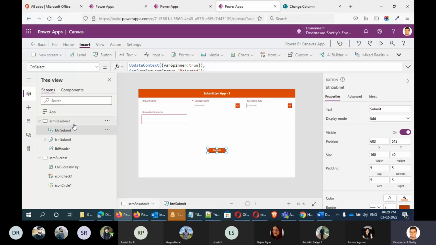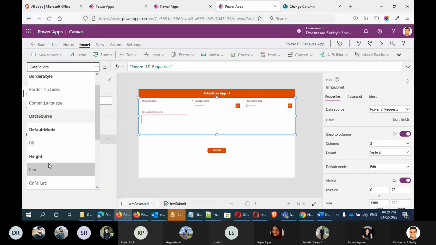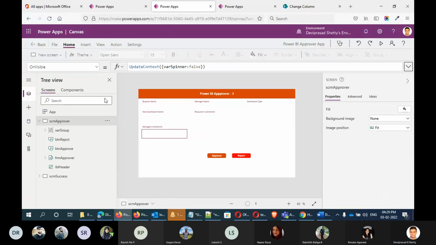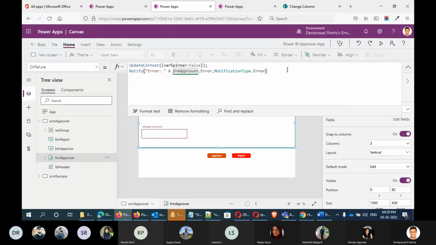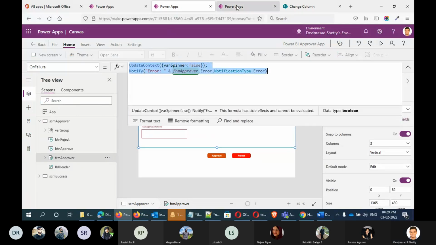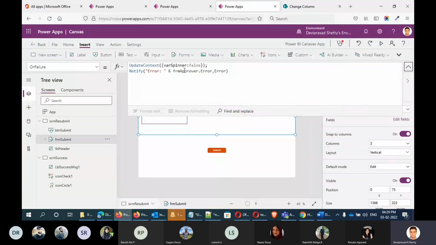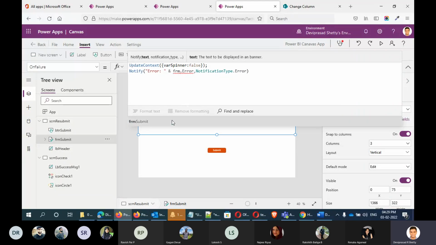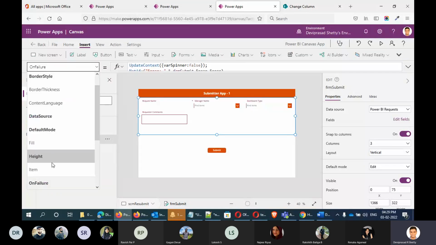So here, let me select my form on failure. Select this form. If your form name is different, it will just show you the form. You can just select your form name. Now on success,